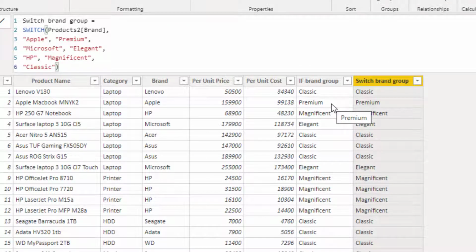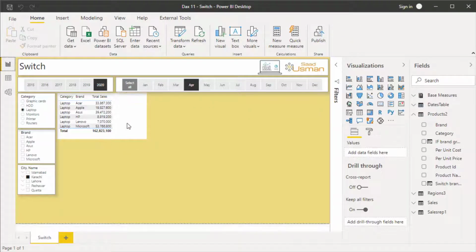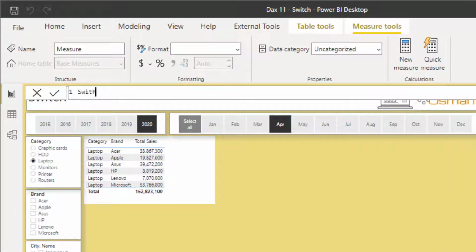Since we have data in the table, now we can use this column as slicers in our reports as well. We can also use the same function as a measure. Right now we have used it as a calculated column, but now we can also use it as a measure. So let's go to the report view and let's add a measure in this visual which will give us the brand group. So I'm going to click on new measure. I will write switch group as a measure,